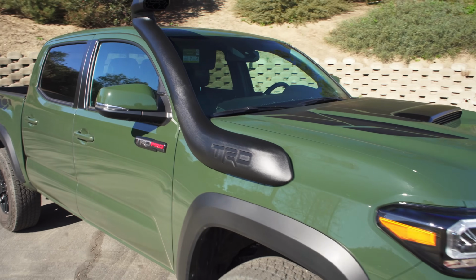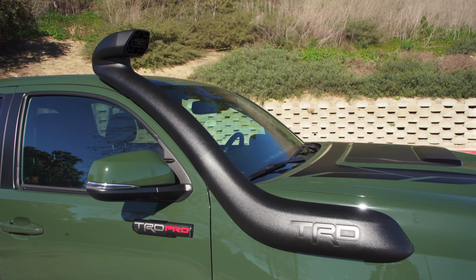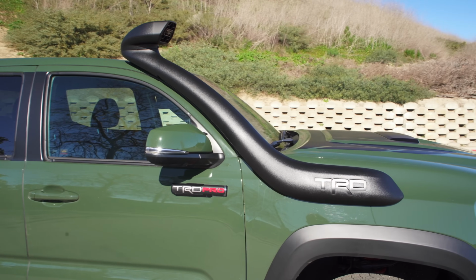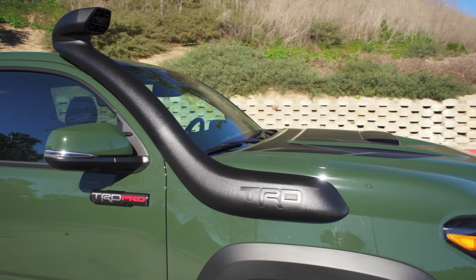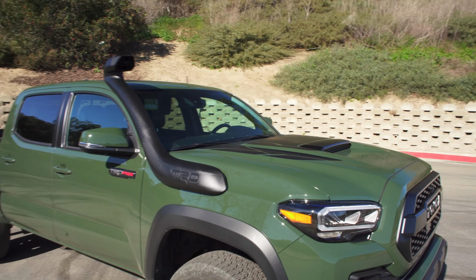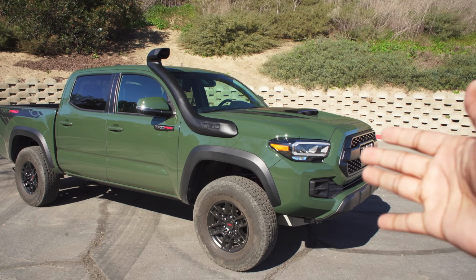Over to the left, you are going to have a TRD Snorkel, but Toyota doesn't like for us to call it a snorkel. It's technically called a desert air intake. It's not to help with water fording. It doesn't increase the amount of water this truck can take on. It's for desert running. So if you are going through an area that has tons of dust particles blowing up